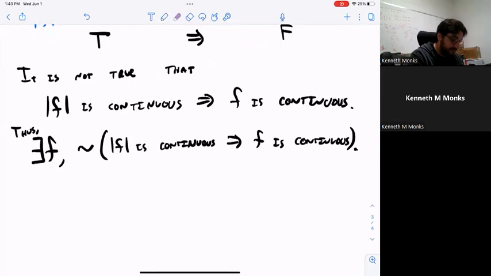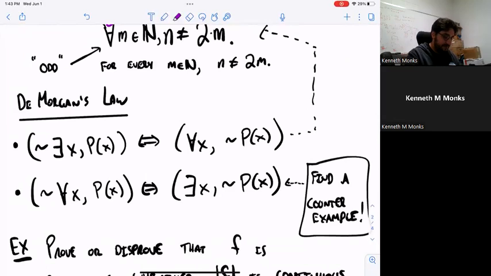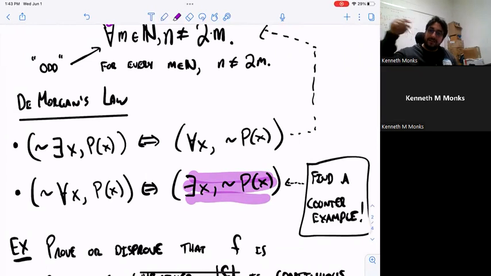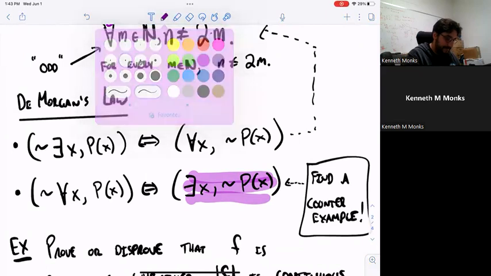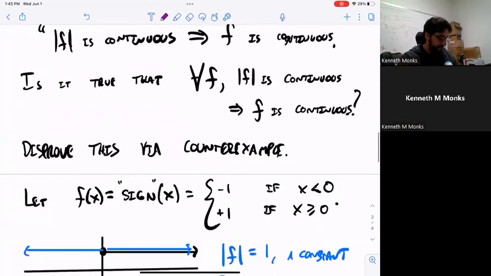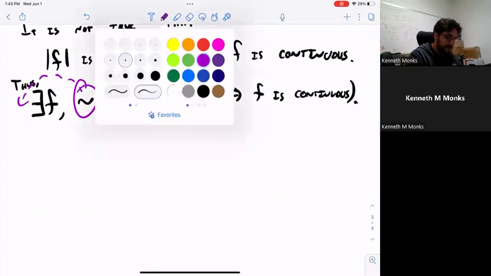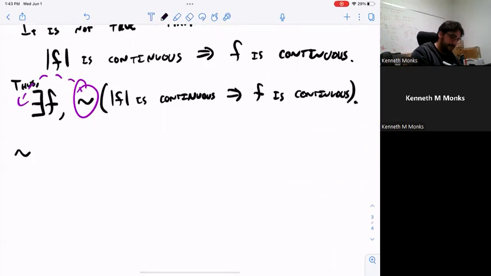De Morgan's law. Look at what I said up here. I said that this property is exactly what you do when you find a counterexample to a proposed identity. This is exactly what we're doing. We have, there exists something such that not something. So what can I do with the not? I can pull the not out of the quantifier. It ends up out here, as long as I flip the quantifier. So that's what I'm going to do: factor the not out of the statement, and the statement becomes